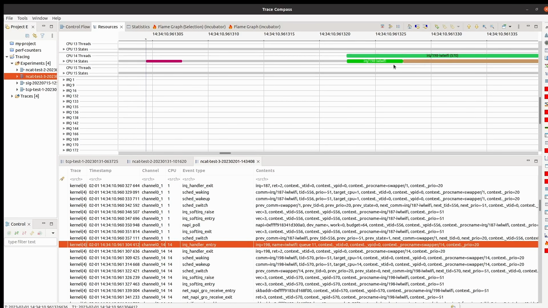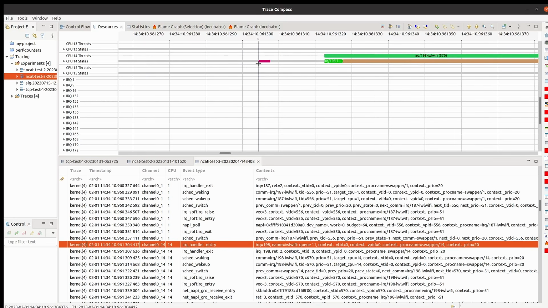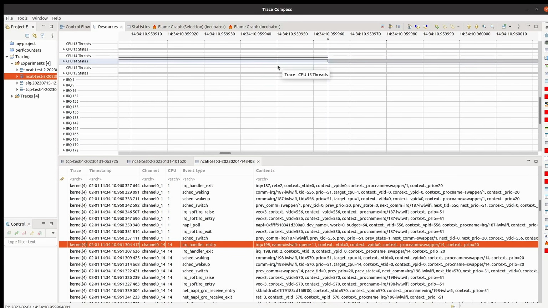There's a thread that ran with the name of irq/198 iwlwifi, which is related to my Wi-Fi interface, right? So this would be the actual hardware interrupt